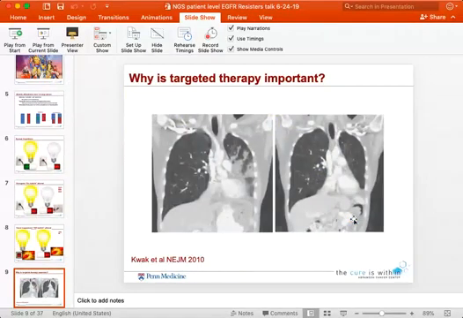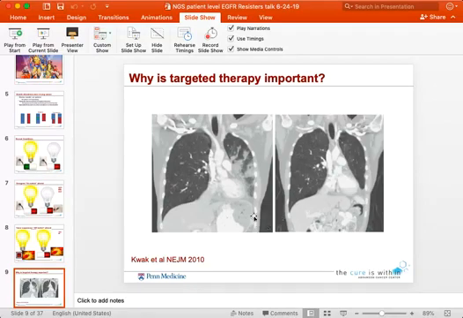So why is targeted therapy important? I think that in this audience, I don't need to emphasize this, but it's important because it works. It works really, really well. This is a CAT scan here from the first publication of using crizotinib, an ALK inhibitor for ALK translocated non-small